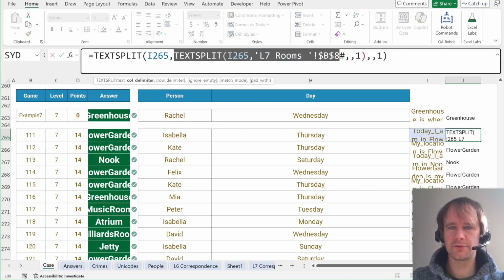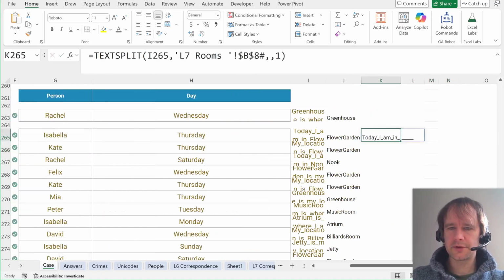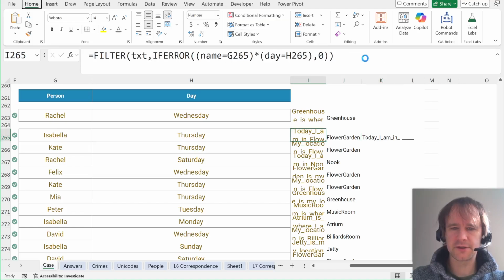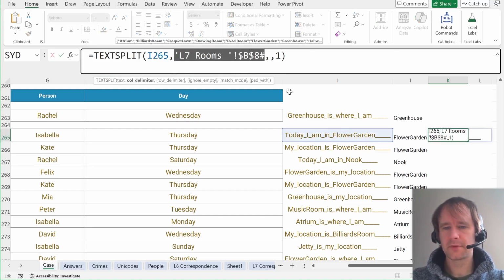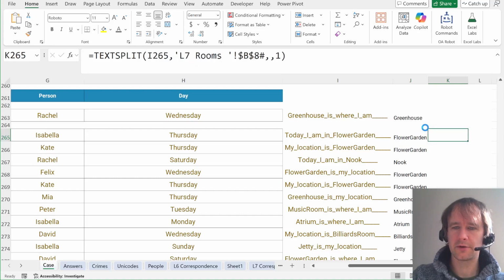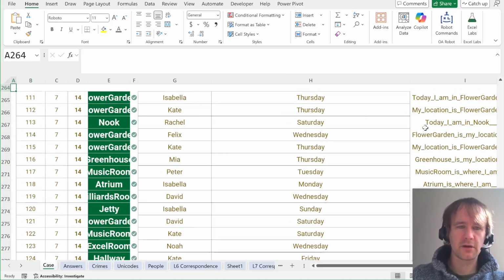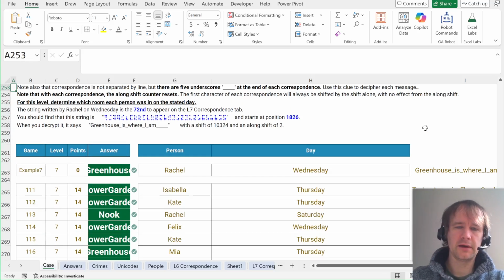So let me just very quickly show you that. You can text split this message on the list of all the rooms. So atrium, billiard room, and so on. So that will split on Flower Garden. So you get, here's the text that comes before that, here's the text that comes after that, and then you split the original message on each of these, and the only piece that's left is Flower Garden, or the room that you're in. So that let me solve level 7 in a rush,